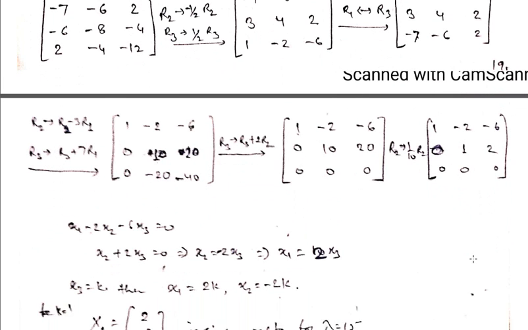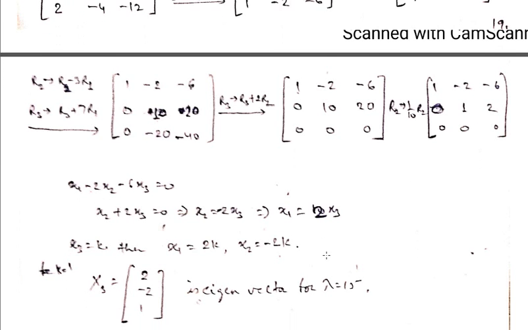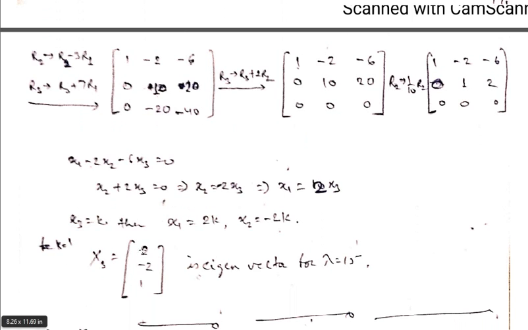From here we get the system of equation which is x1 minus 2x2 minus 6x3 equal to 0 and x2 plus 2x3 equal to 0. So again we choose x3 equal to k, we get X3 equal to 2, minus 2 and 1 when we take k equal to 1. So this X3 is an eigenvector corresponding to the eigenvalue lambda equal to 15. So in this way we find